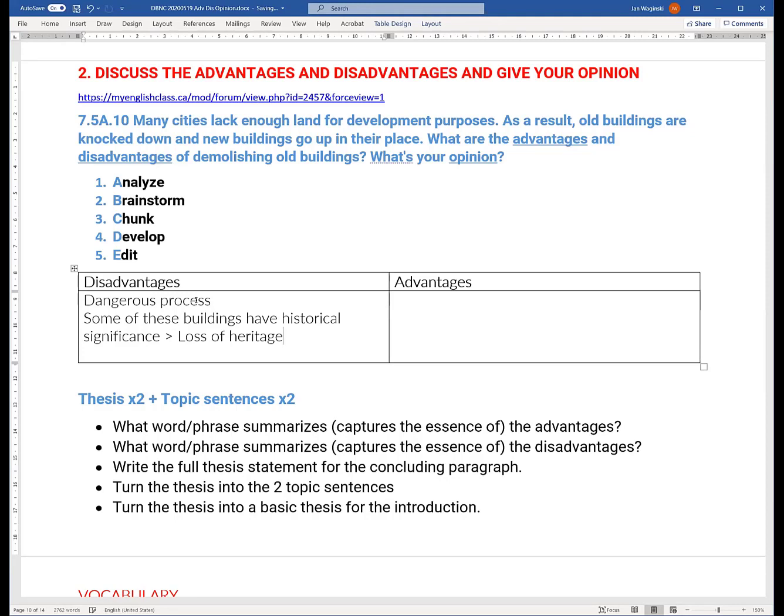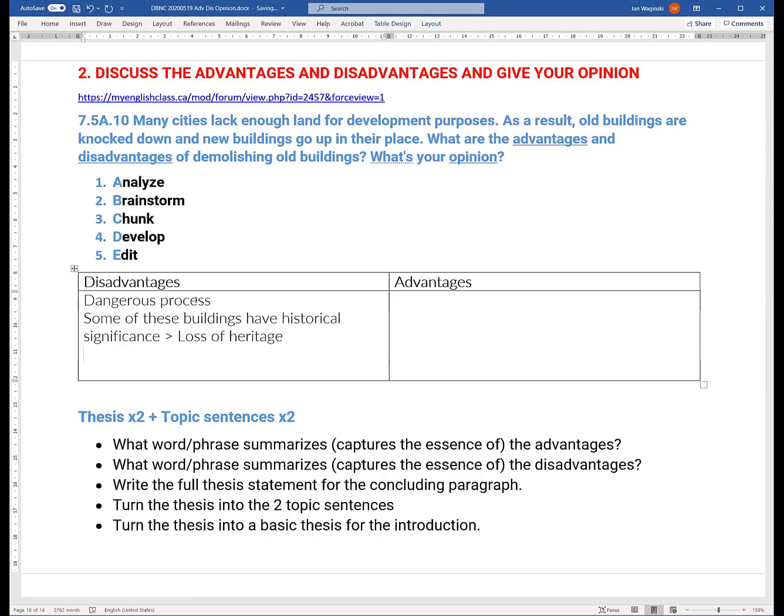Okay. And cost. It will be extra cost. You need to demolish the old building and initiate a new one. Yes, I'm not going to write that one down because the cost is paid by the developer. So the taxpayer doesn't suffer because of that. Garbage issue? Like all the debris should be dumped in a proper way, so it's a big process. Generates debris. Needs to be dumped.